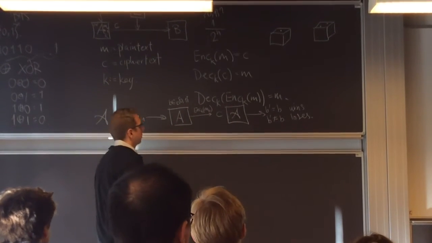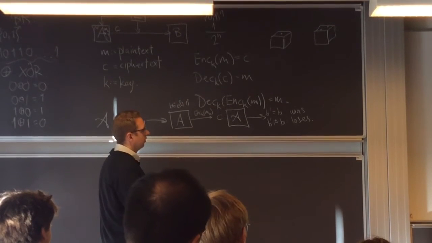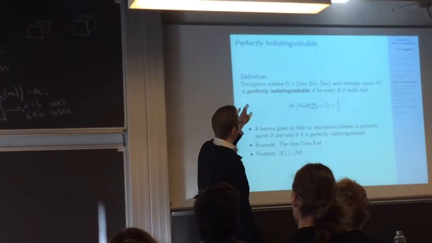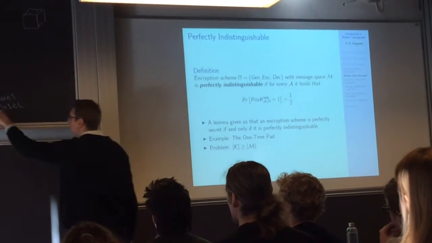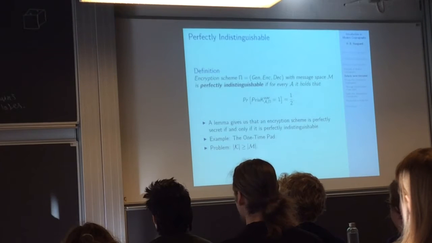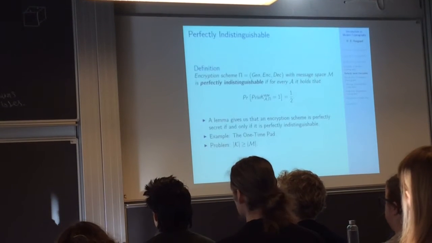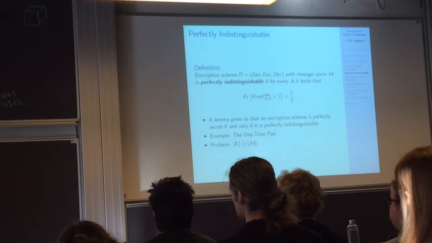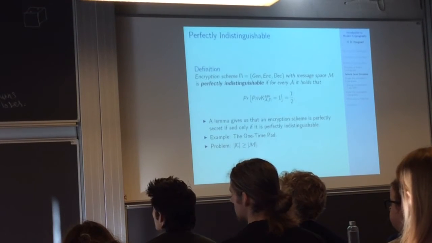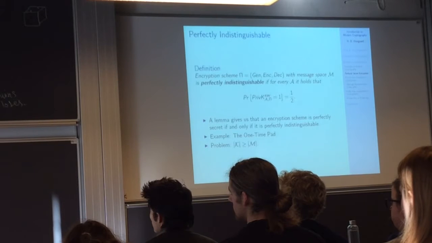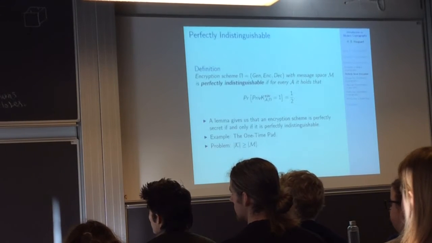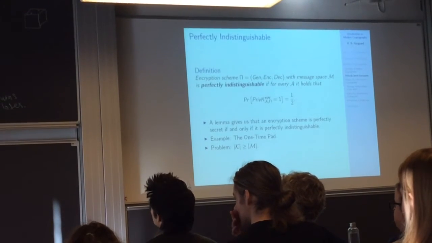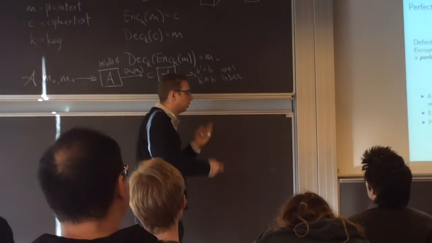Okay. And exactly when the possibility of him getting this right versus the possibility of him getting this wrong is exactly half, then we have perfectly indistinguishable. This basically means that he's not able to distinguish between the encryption of M0 and the encryption of M1, which is what we want. Because we want the ciphertext, the encryptions, to be secret. We want him not to be able to say which one we've sent.